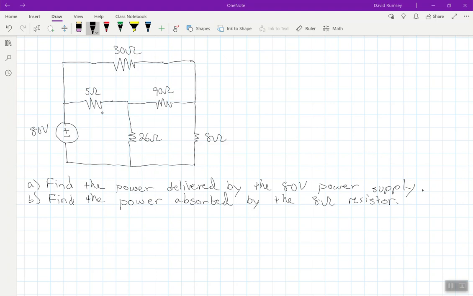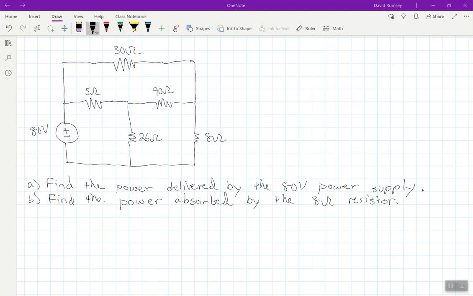Okay, so this example problem, we're going to use mesh analysis again. I mean, we could use nodal analysis to solve this problem as well. Actually, if you use nodal analysis to solve this problem, it's a little bit easier. You only have two equations and two unknowns. But in these videos we're talking about mesh analysis, so we want to make sure we do some examples using